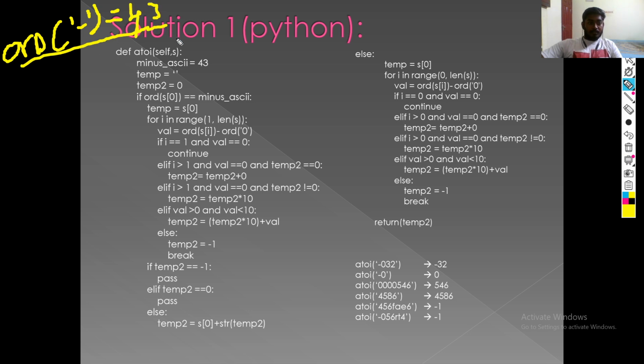But in this place, I am directly using 43. So there is no issue. You can use this as well as ord also. After that, I am assigning temp as null and temp2 equal to integer 0. You will see what role these two variables play in this code. If ord of s of 0 is equal to minus, which means if the first value of s contains minus,